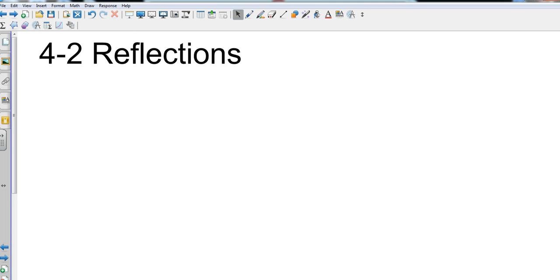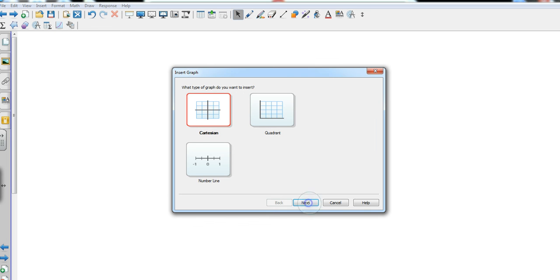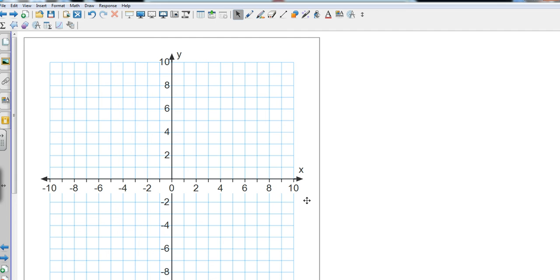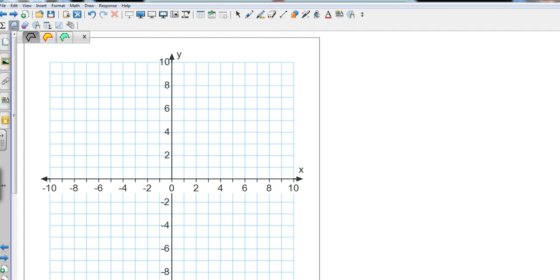So we're going to just do some basic ones to start out with, some vertical and horizontal line reflections. And so one of the easiest ways to do that is just to use the X and Y axis as a vertical and horizontal reflecting point. So let's just take a shape. I've liked the triangle the last two sections. So let's take a triangle from